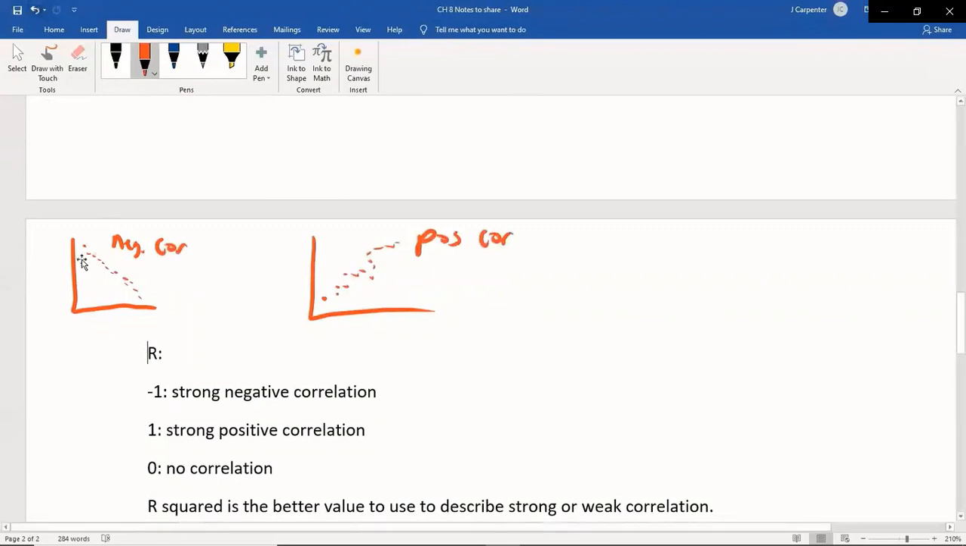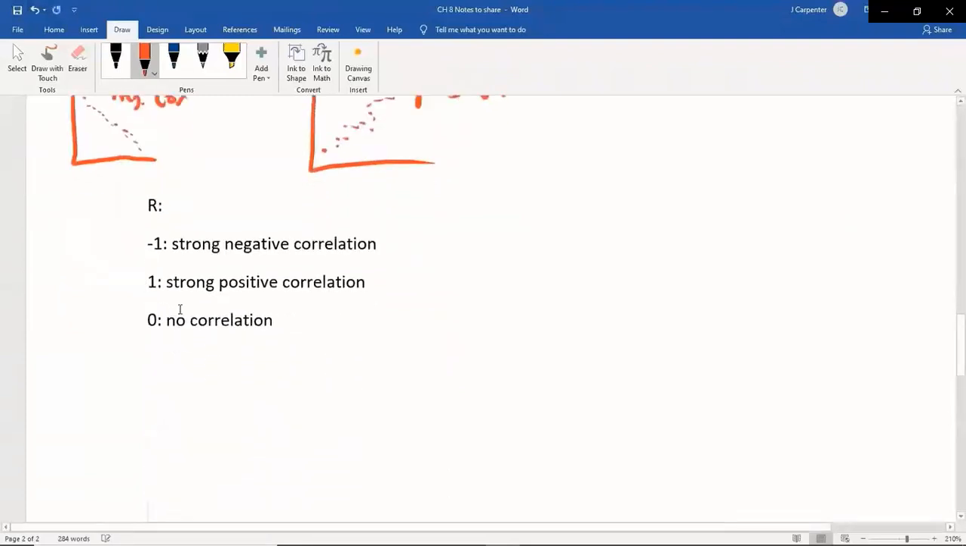So if the R is negative, it means the slope of the line is negative. If the R is positive, it means the slope of the line is positive. That's a very easy thing to associate between them. The closer to 1 or negative 1, the stronger the correlation. So 0 means no correlation. So if you have something like this,